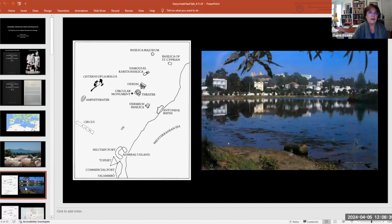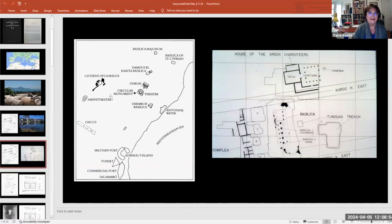The site that was assigned to Michigan was in this area, Dermesh. And there was an early Christian basilica here, but also, as I will show you now, here we are again, which already had been under excavation by the Tunisians. So you see this plan showing you the Tunisian trench that was there back when Michigan started, and some other trenches as well. But the area of this field that Michigan was assigned that most affected my research was this